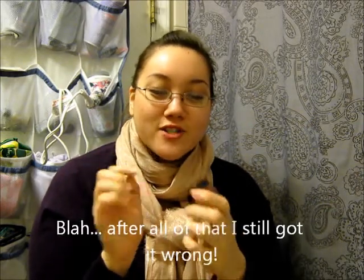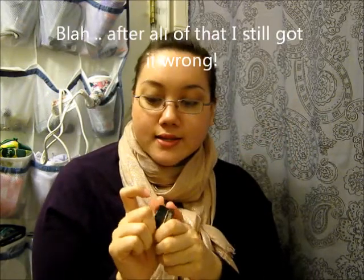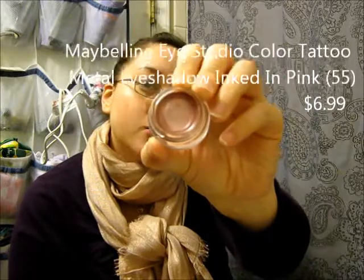And then 2 more things from Ulta. I got one of the new shades from Maybelline's 24 Hour Color Tattoo, and this is in the metal collection, I guess. This is in the shade Inked in Pink, number 55, and I'll show it to you. It comes off a lot frostier and lighter than that when you swatch it or when you put it on your eyelid. I bought this in particular because I thought it would be a good complement to Pomegranate Punk,